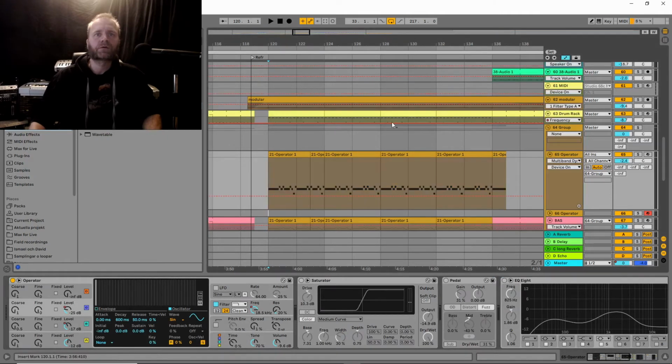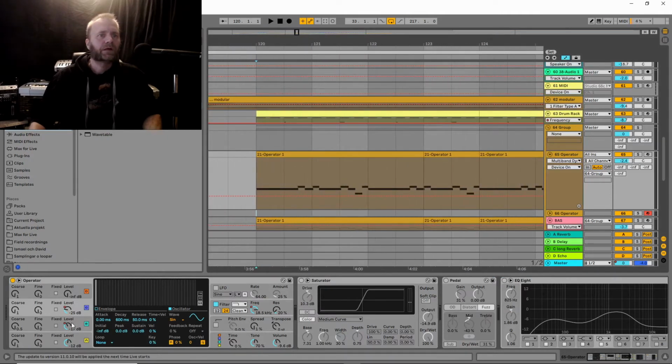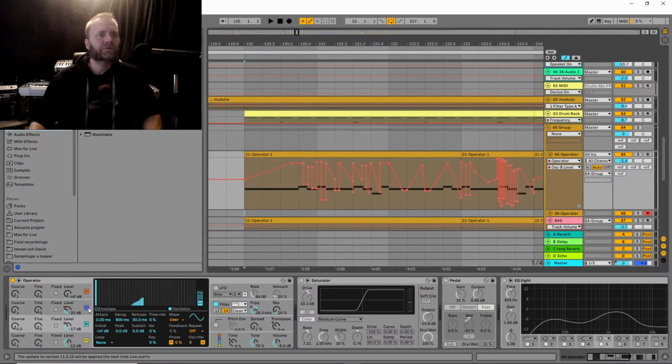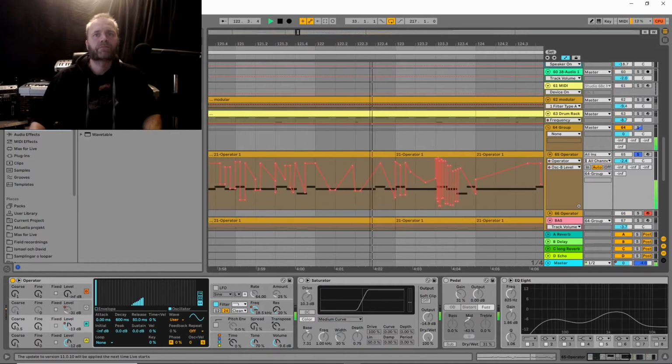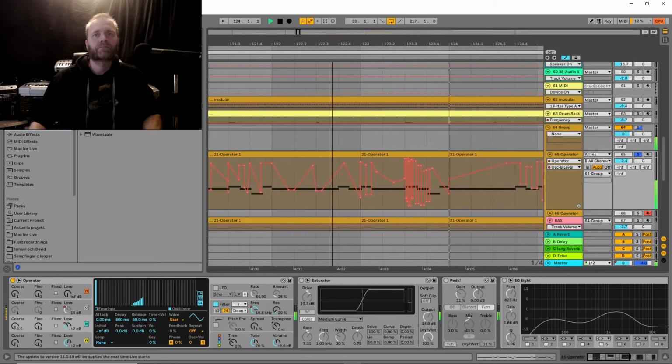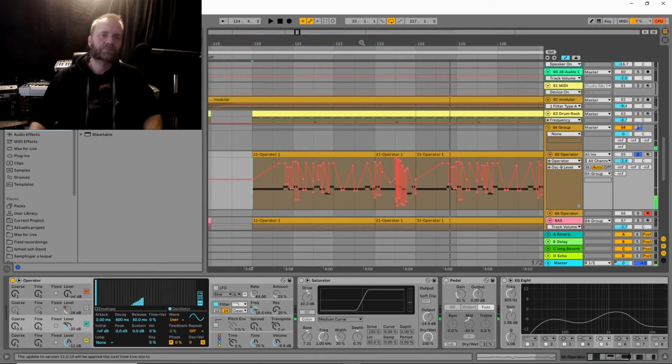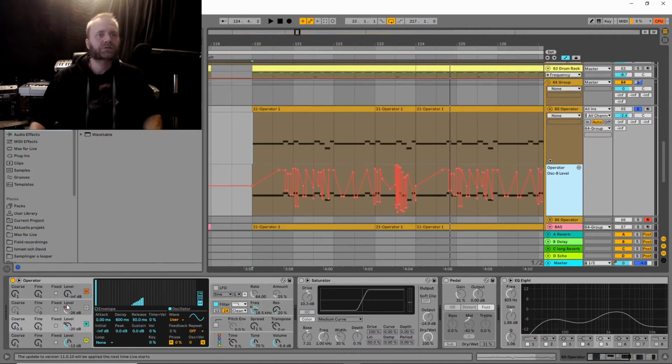Let's show the automations here. Here we have the automation for oscillator B, the main one, so to speak. So if I turn C off, we will hear what just these two oscillators are doing. So have a look at this. Yeah, like so. And in turn then, I will add another automation lane and show you oscillator C